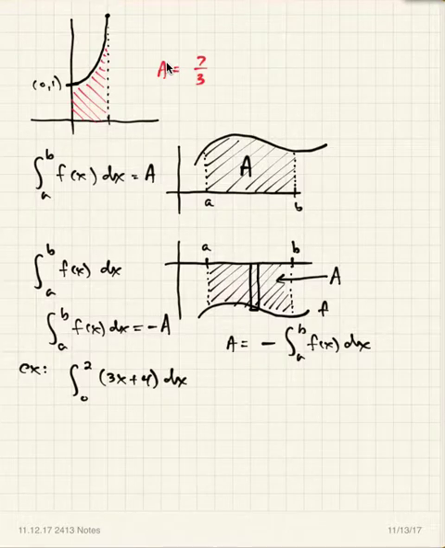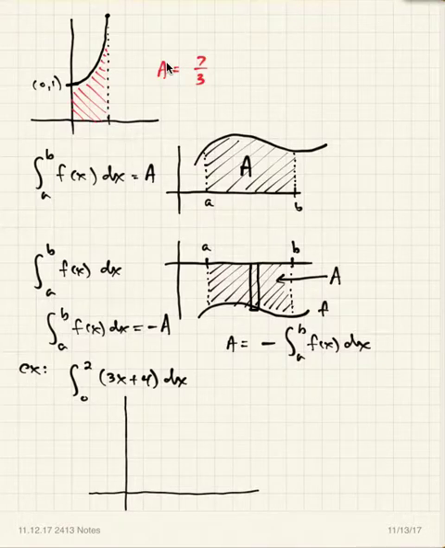For example, in this particular definite integral, the integral from 0 to 2 of the function 3x plus 4, well, 3x plus 4 is a line, and when you graph that and look at the region bounded from x equals 0 to x equals 2,